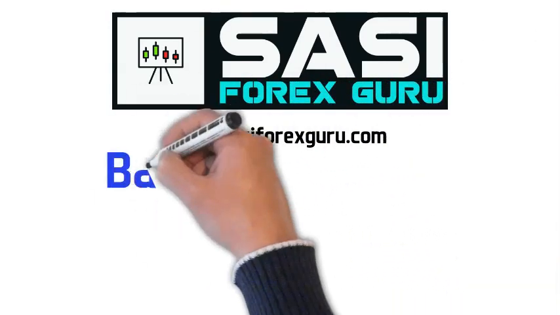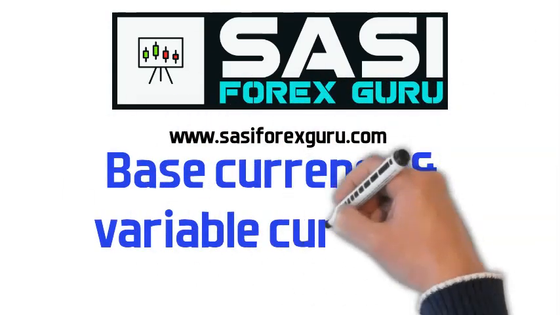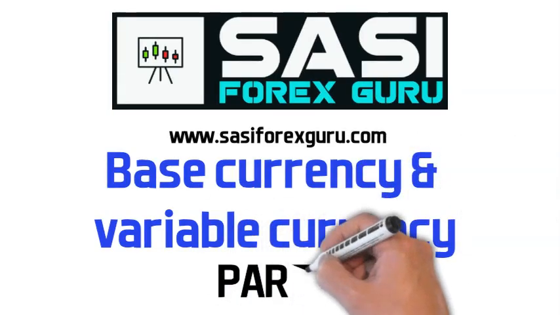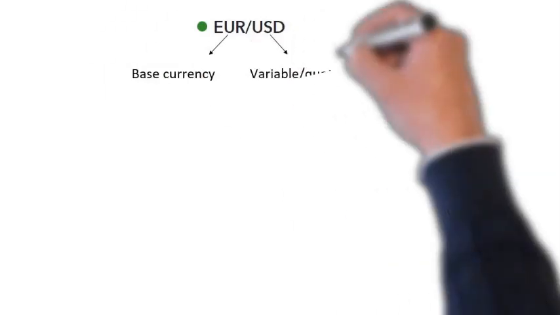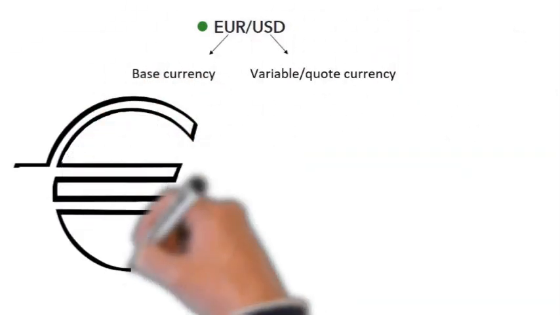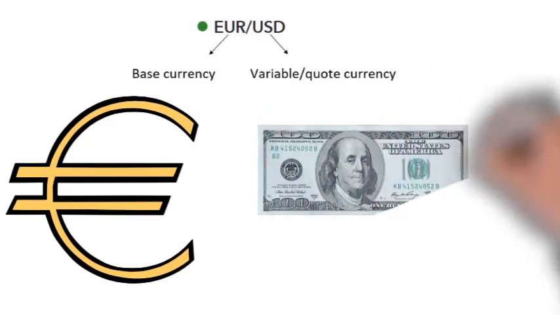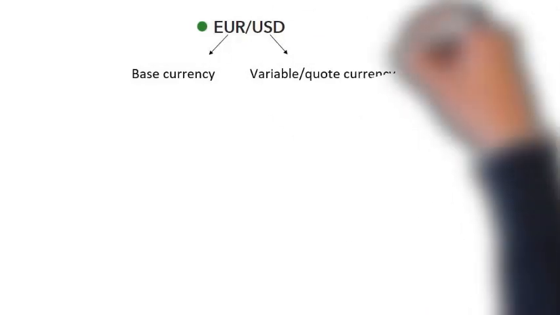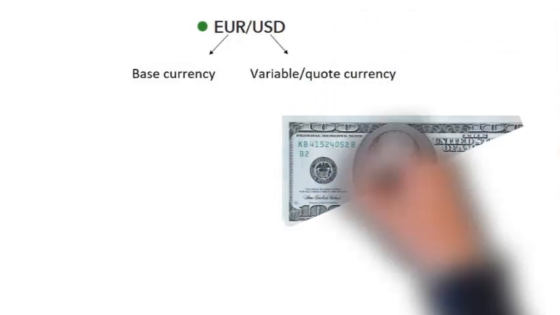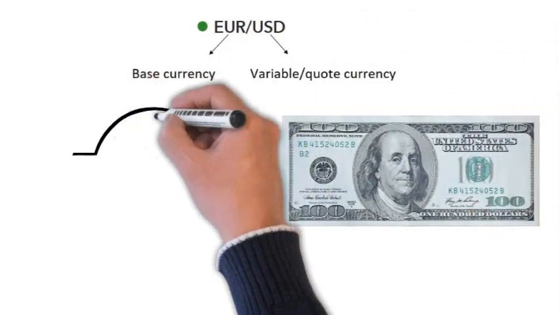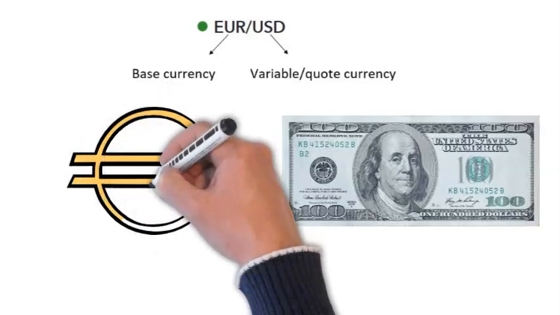In this lesson we learn about the difference between base currency and variable currency. As we learned before, forex has two currencies in a pair. The first currency is known as the base currency, which we will use for buying. The second currency is known as the counter currency, or variable currency, which will be used for the sell trend. The buy trend basically goes for the up market, and the sell trend goes for the down market.